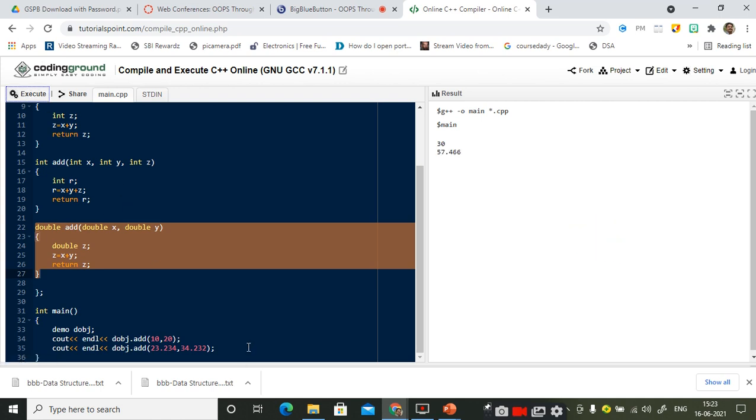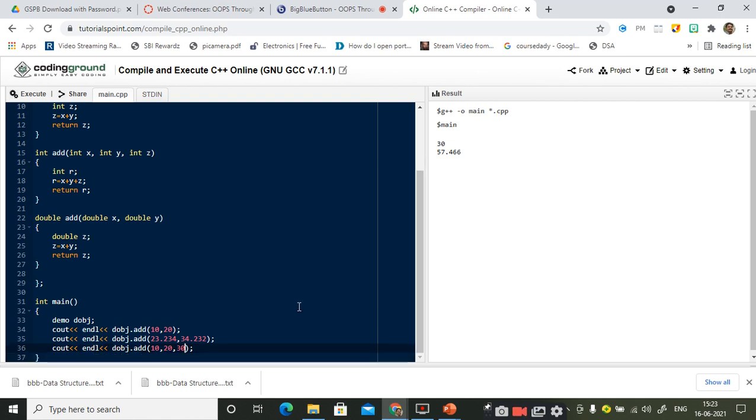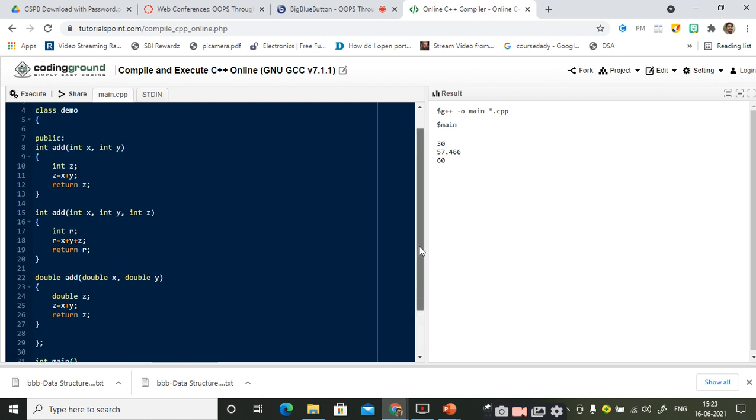Okay. Now let us do the same thing here. Here I am making use of 3 variables, right? Now tell me which function is going to be invoked. Second one, sir. Why? Because the number of parameters and the data type of the parameters is getting matched with the second definition only. Therefore, it is going to invoke this function, and we are going to get the result accordingly, right? So this is another example of the function overloading, right? And one simple question I want to ask.